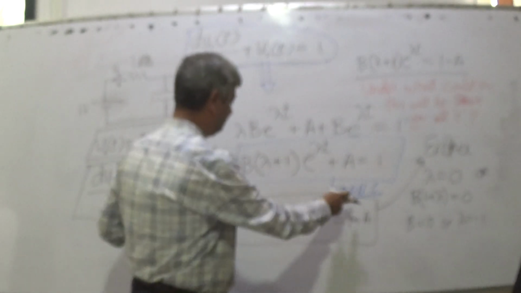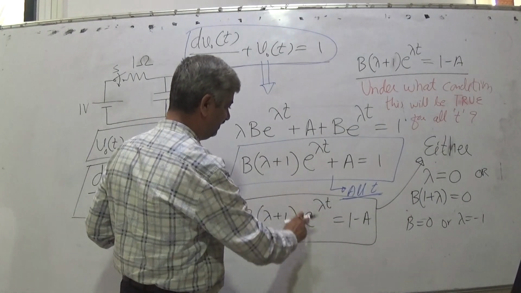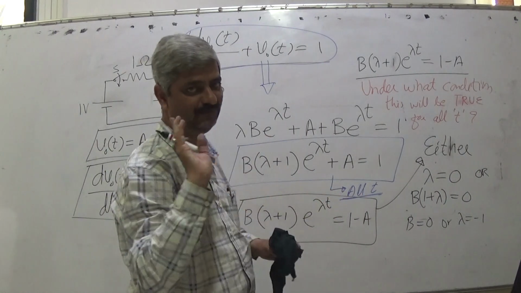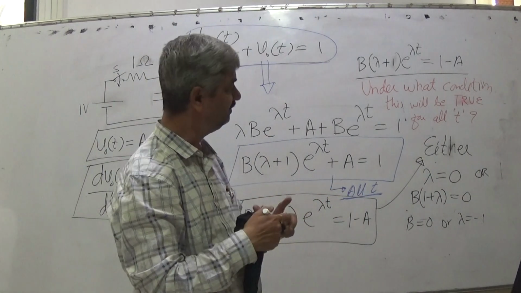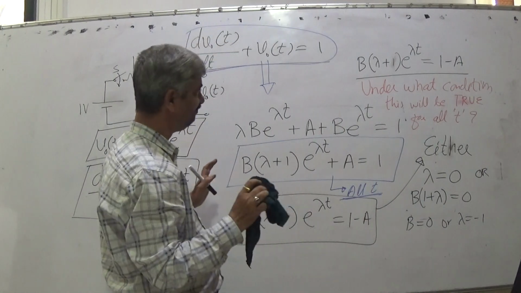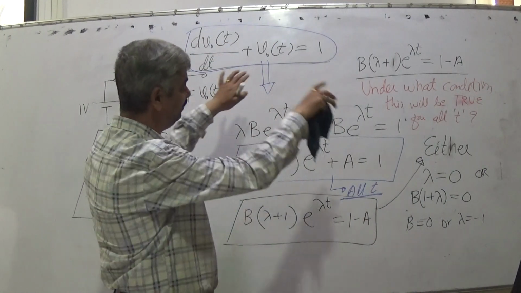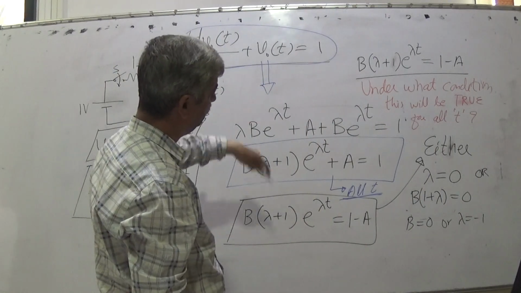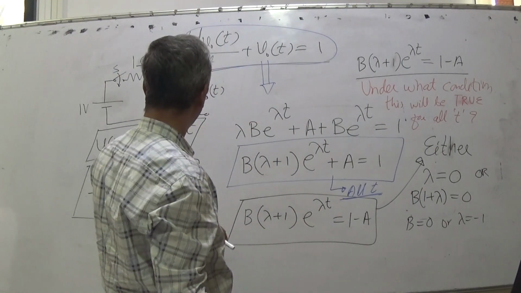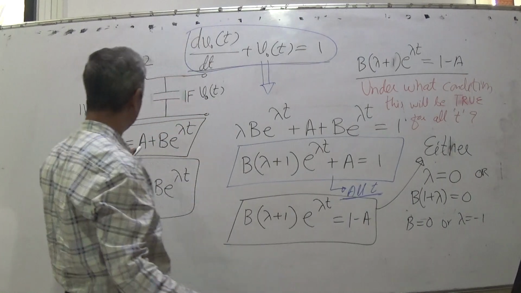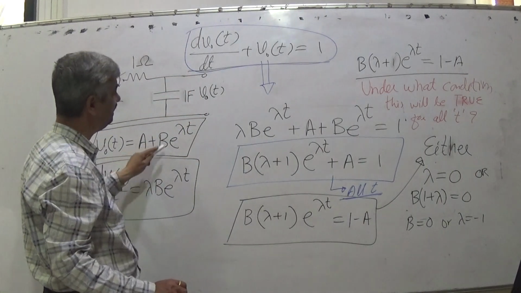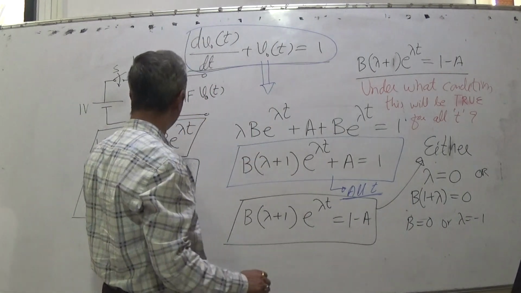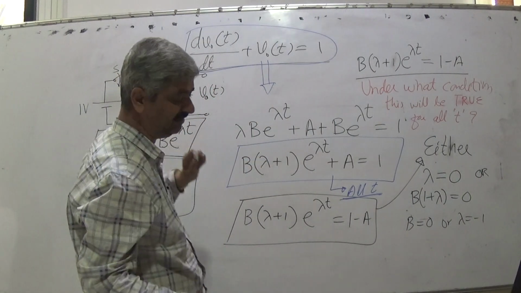Then this expression will become constant, and that must be equal to the constant, and you can find it. Otherwise it is not possible. So this is the way with which you can proceed further. But again, when we move ahead, the values of A and B can be multiple. The value of lambda is fixed, but the values of A and B can be multiple depending upon the initial condition.